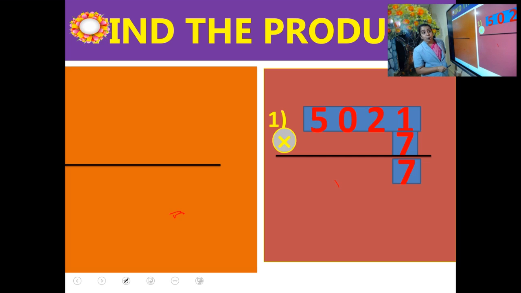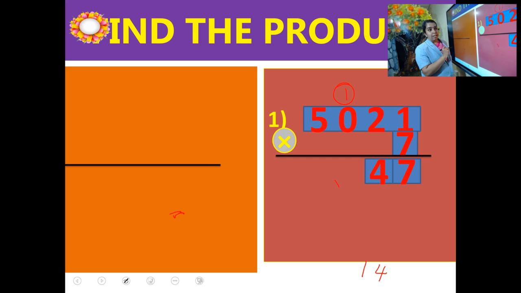What's the next step? Multiply the 7 into the digit nearest to the ones, which is 2. 7 2s are 14. We can write only one number just below the 2, that means in the tens place. In 14 there is a 1. Where do we write this 1? As our carryover to the hundreds place.